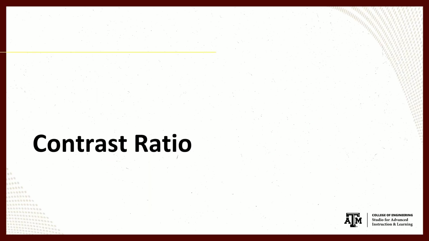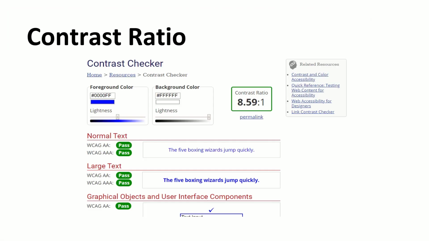In the Web Content Accessibility Guidelines, or WCAG 2.0, contrast is defined as the measure of the difference in brightness between two colors. This brightness difference is expressed as a ratio. Even though the WCAG contains guidelines for the web, this ratio also applies to documents you create. The part you should be concerned with is text color versus background color.